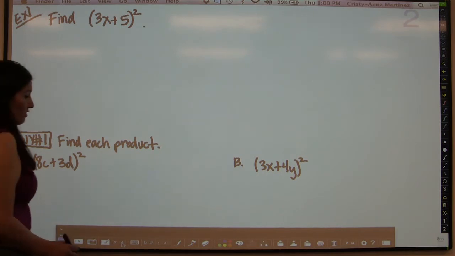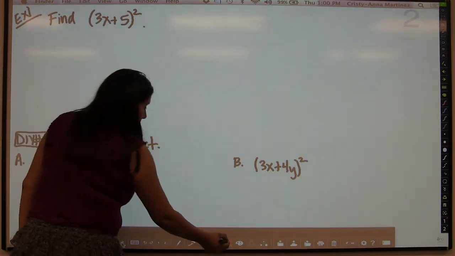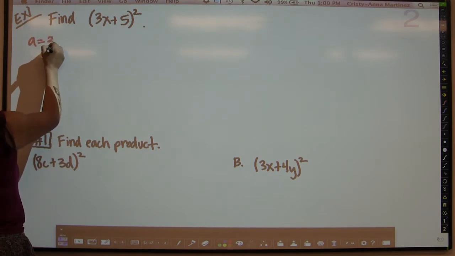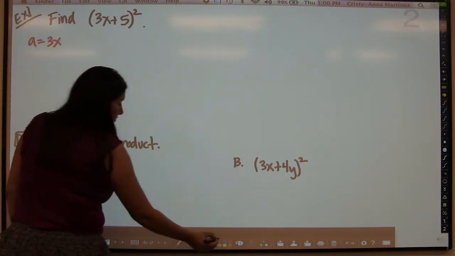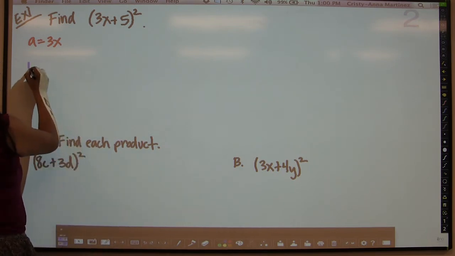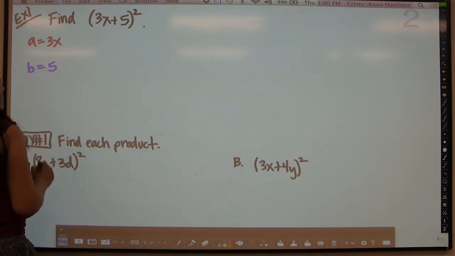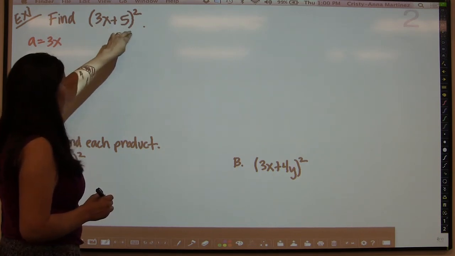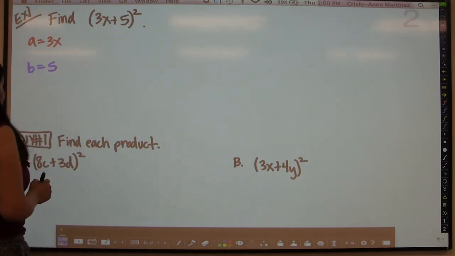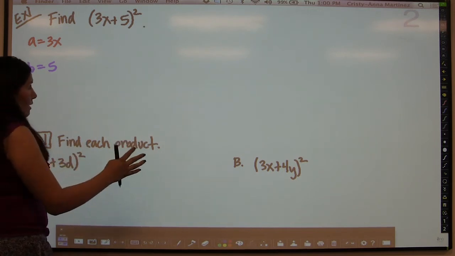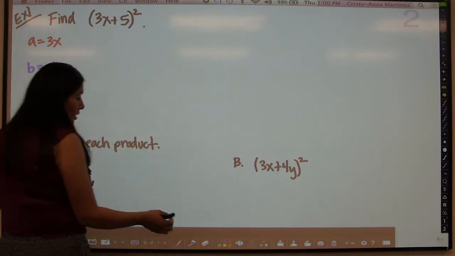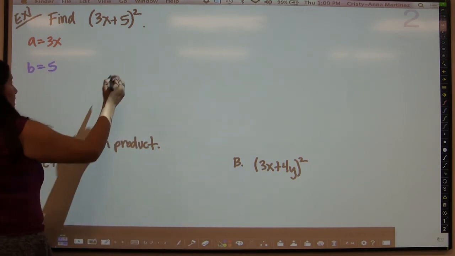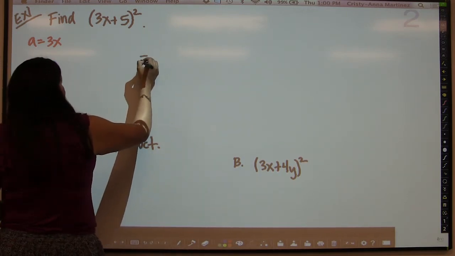So in this case, one of the first things that you have to be able to do is to identify what a and b are. In this case, my a is 3x, and my b is going to be 5. So you have 3x in the a spot and 5 in the b spot, so you have a plus b, and it's squared. Now, instead of going through the problem the long way by foiling, actually foiling takes a lot longer, you want to do this using your formula, which we know now is going to be a squared,